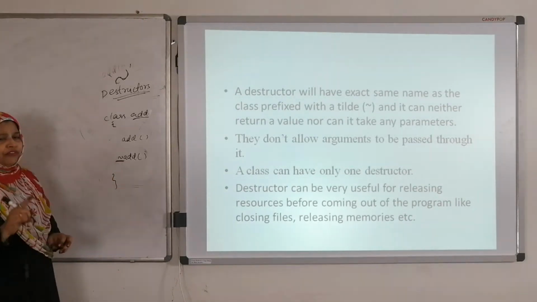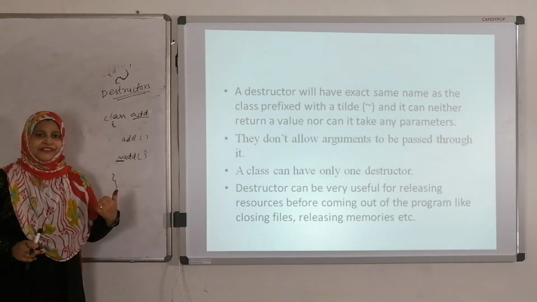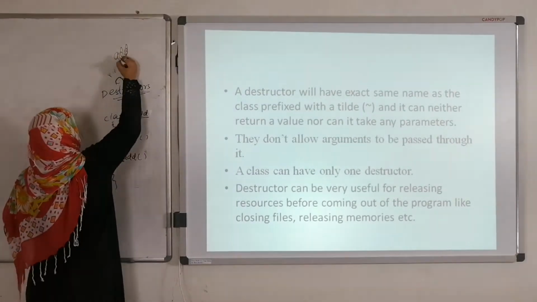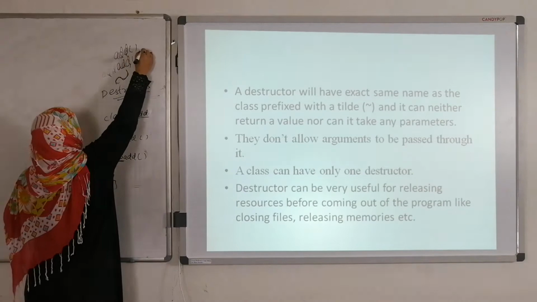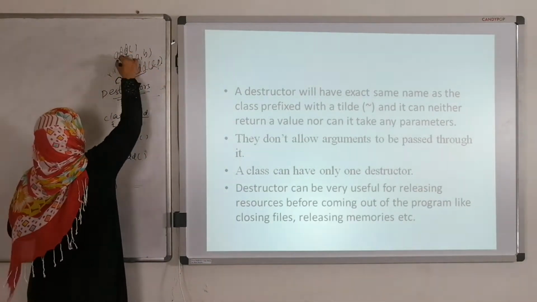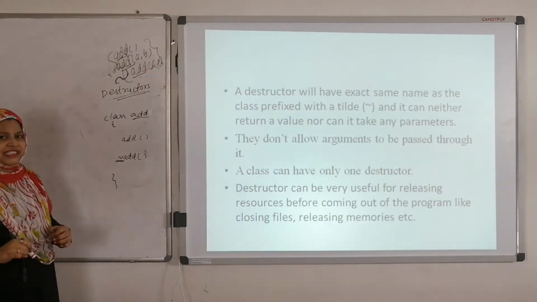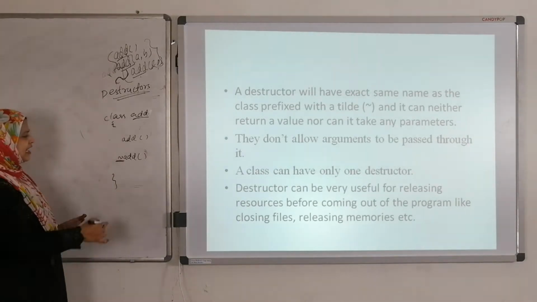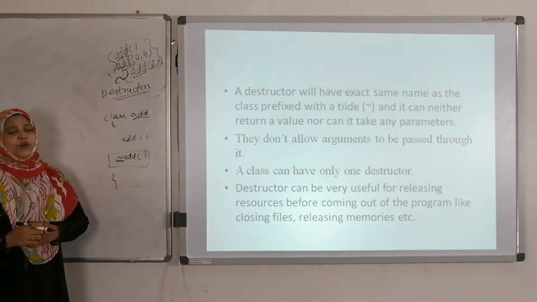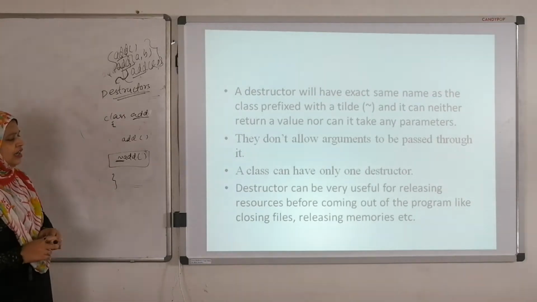A class has only one destructor. We can have multiple constructors in a single class. See, in the previous example I used the Add method: one Add with no parameters, next Add with two parameters a, b, and another Add where I pass an object. So we have three constructors in a single class, whereas we have only one destructor. That's the reason destructors are not overloaded, and constructors are not virtual whereas destructors are virtual.